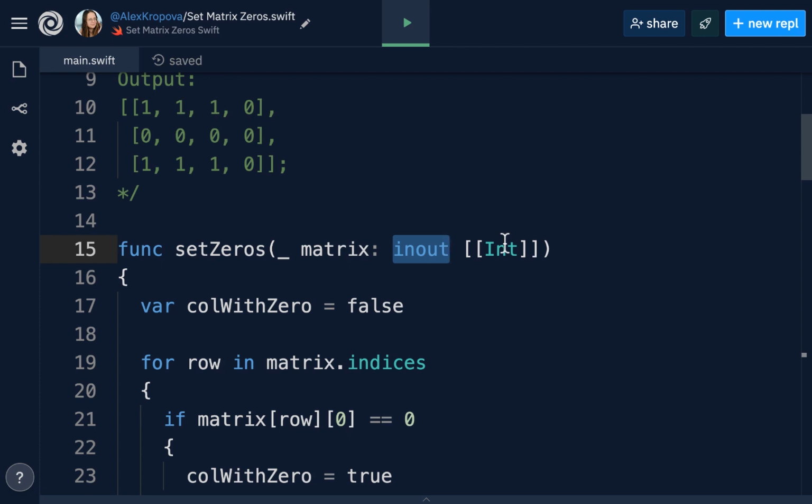Congratulations everyone on solving the set matrix zeros interview question. In the next lecture, we're going to continue on with this popular section commonly asked about on the test, the matrix data structure. So we will look at more questions coming up, discussing how we can solve more questions regarding the matrix data structure and build algorithms for it.